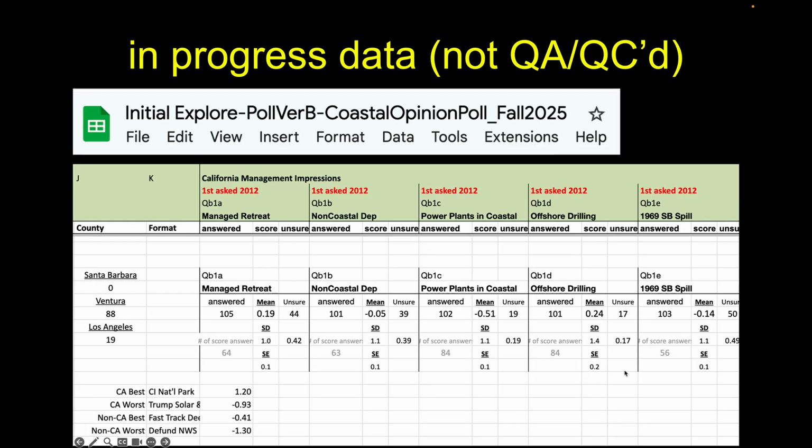Now our poll version B is a little more complicated. While some of the questions are the same style as we've just been discussing, obviously the bulk of the questions on version B are those different impressions of management. And really, that response is much more of a relative. What's most robust there is to compare the amount of support from one particular management action to another. So it's a relative